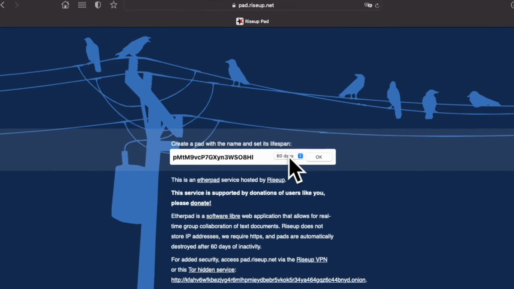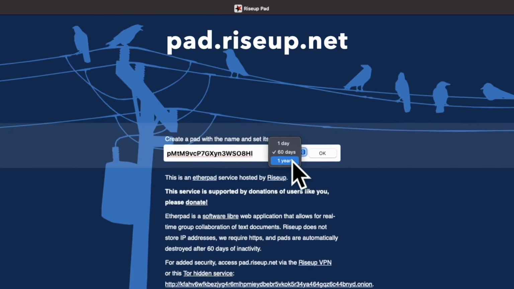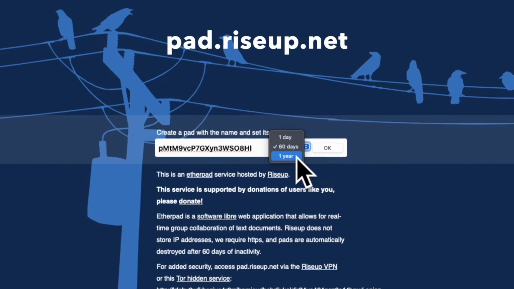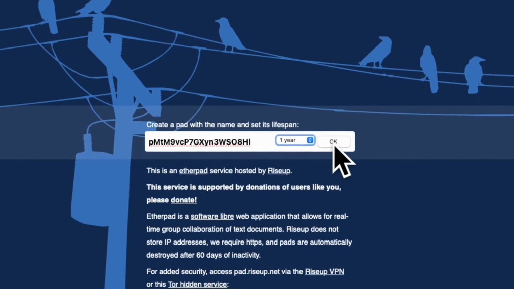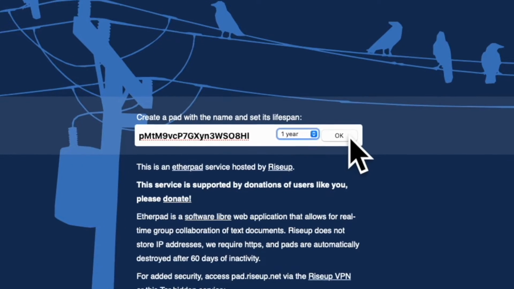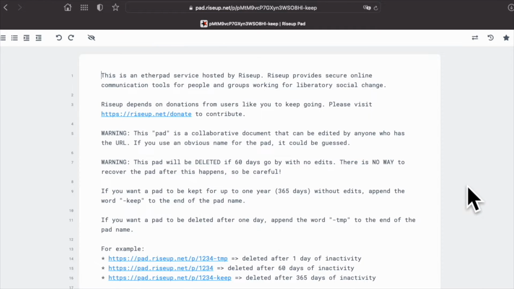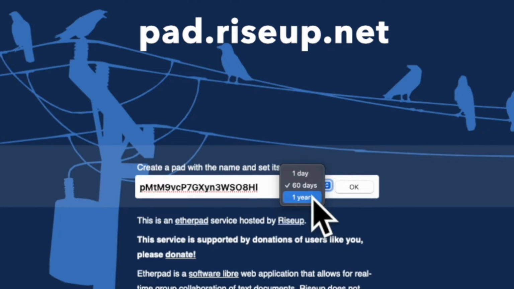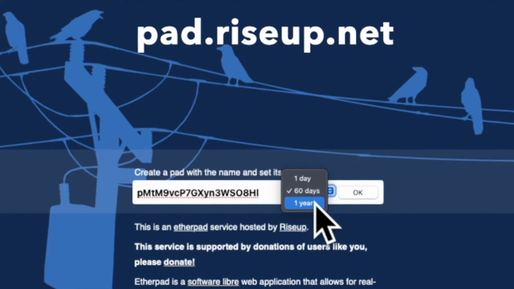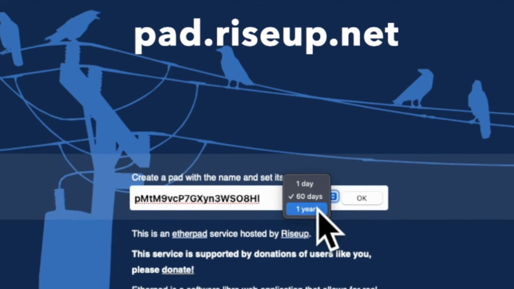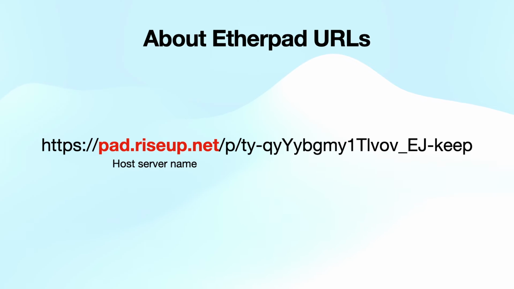To create your master pad, first go to pad.riseup.net and change the lifespan to 1 year, then click OK to create a new Etherpad. Setting the lifespan of the pad to 1 year is important if you want to keep using it during the school year. Your new pad will have a URL of pad.riseup.net and then a string of random looking characters followed